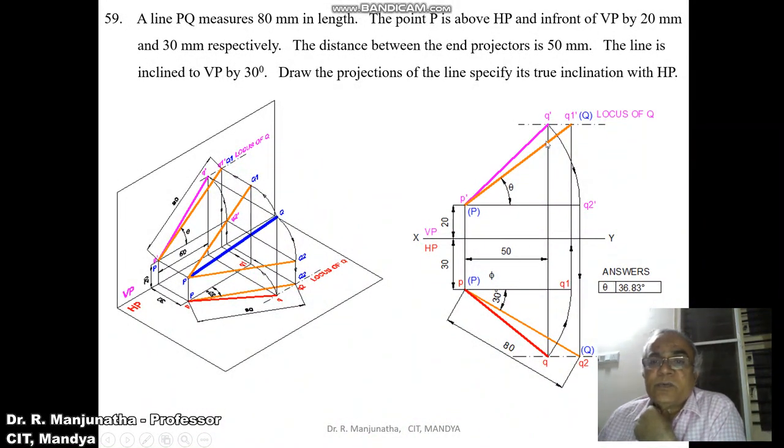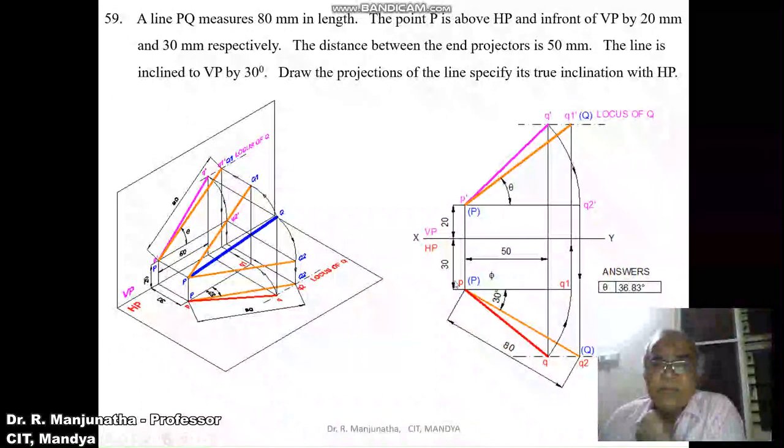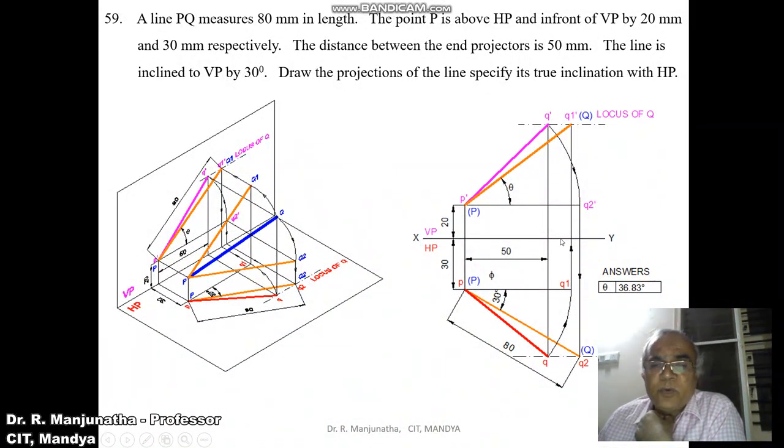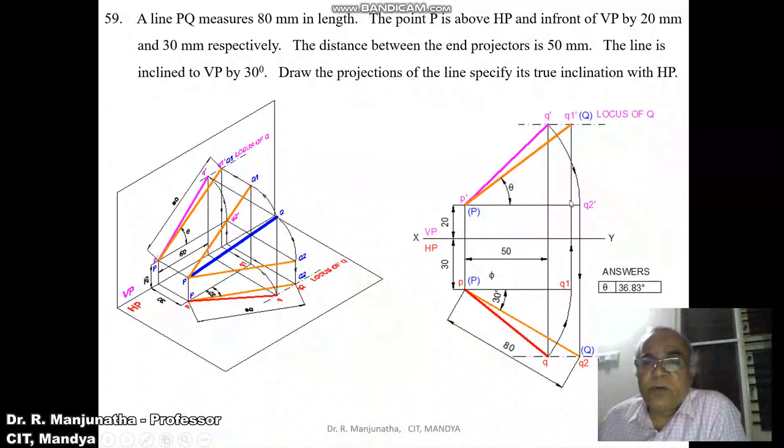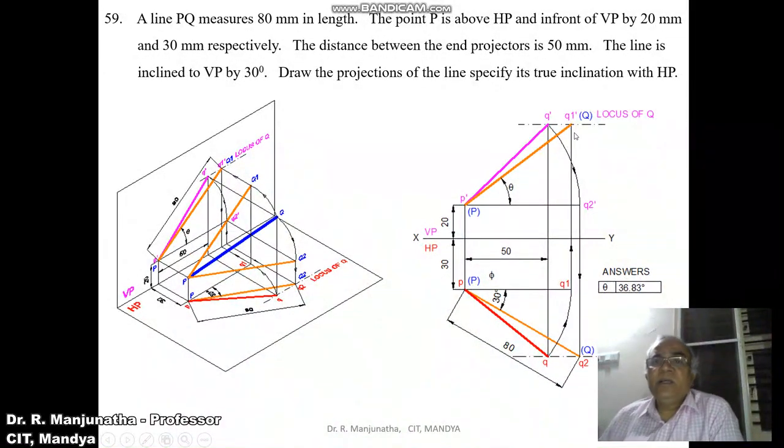So now we need to find out the true length in the vertical plane. You make the line parallel to VP. So with P as center, by using the compass, you rotate PQ such that you make it Q1, that is, PQ1 should be parallel to VP. That means P is in front of VP by 30 mm and Q1 should also be in front of VP by 30 mm. And then draw a vertical projector such that it is going to cut the locus of Q in the front view here. Then join P dash Q1 dash with a little bit thicker line than the XY line. So as we know that PQ1 is the line which is parallel to VP, you are getting the true length here, and write it as small q in bracket, capital Q, and capital P in bracket.